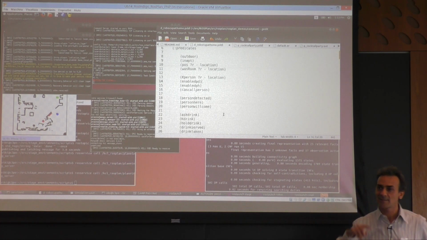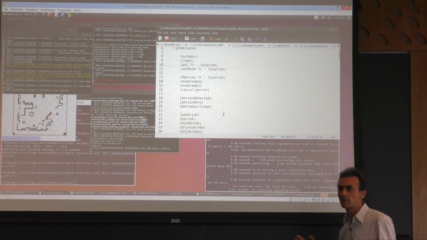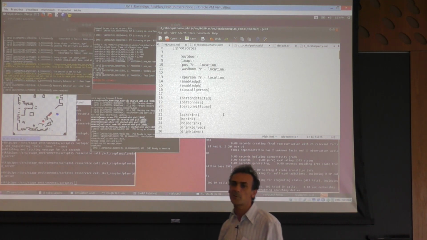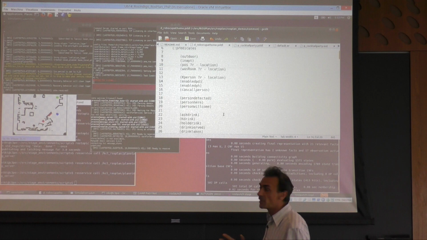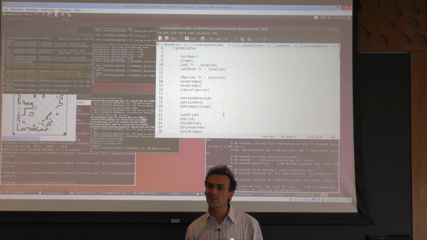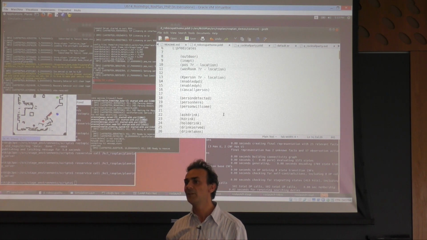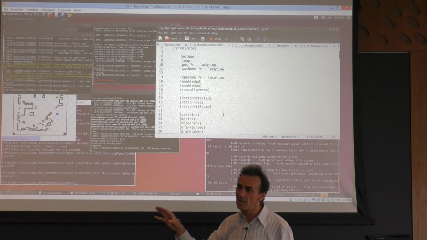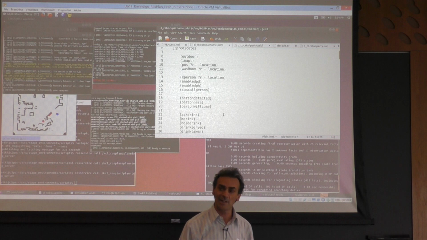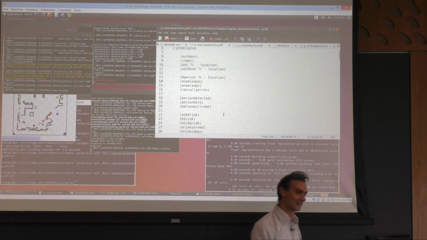The navigation task is a task in which the robot has to navigate in the environment. And of course, the idea is that this domain includes all the possible actions that can be done in the entire competition. And then we have different problems that generate the plan for different tasks.